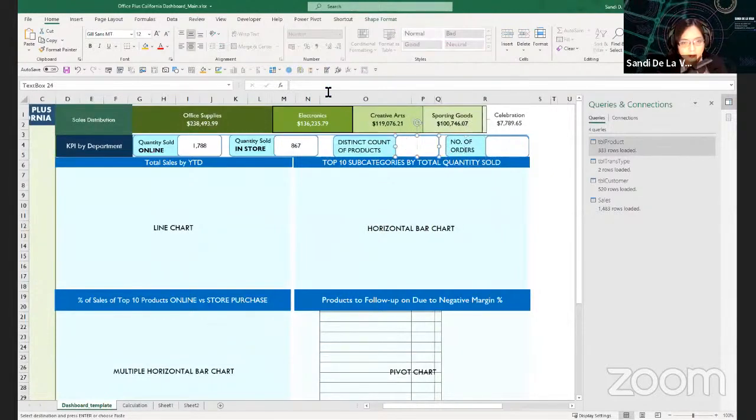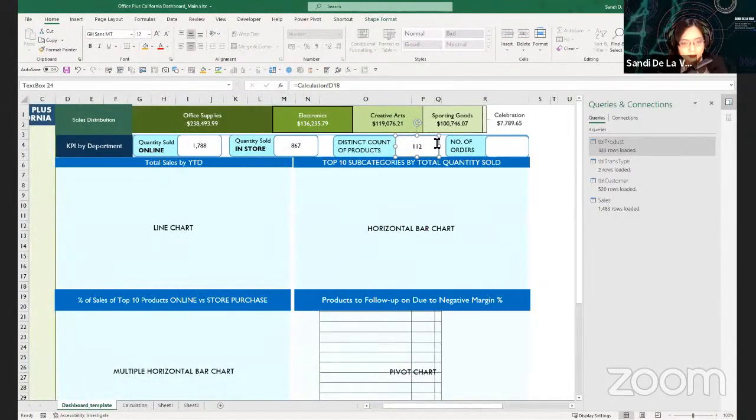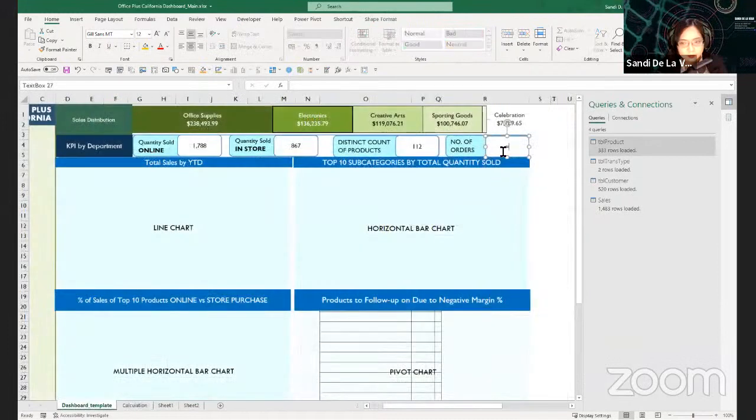Select this text box, type in the formula bar, refer to calculation D18 for the distinct count of products. And for the number of orders, calculation D19. Oops. You have to type it in the formula bar to make it work. So there, we have completed the scorecards for our dashboard.